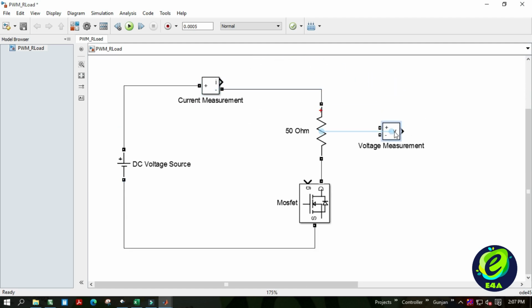The voltage measurement block will be added in parallel to the R load to obtain its instantaneous voltage and project it to the scope for visualization.